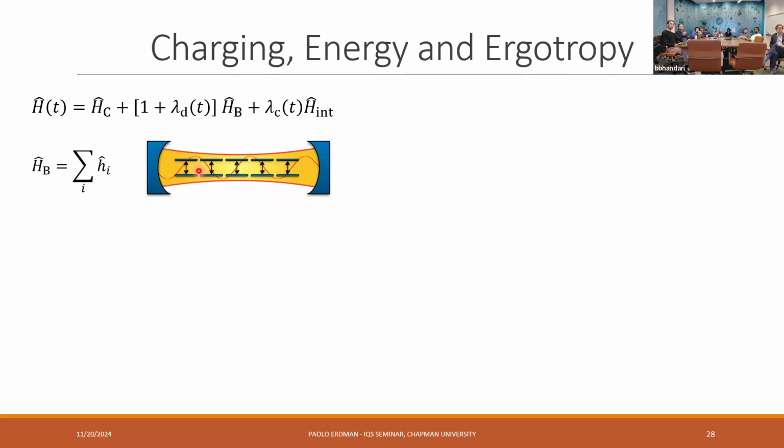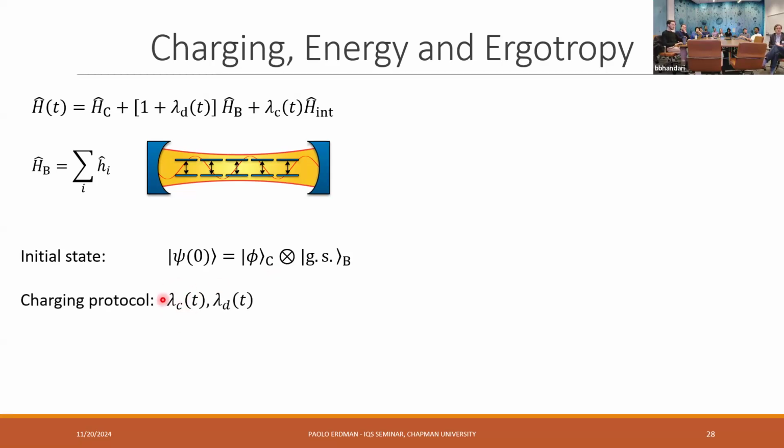Okay, so more in detail, to control let's say the energy transfer between these two parts, we need some time-dependent controls. So we studied two different controls. One is the detuning. So this would be a parameter that detunes the two-level systems from the frequency of the cavity. And we have one term that controls the switch on and off of the coupling between the two-level systems and the cavity. And then we assume that the initial state is simply given by the product of the ground state of the battery, so all the two-level systems in the ground state, times some Fock state or some state of the cavity where we have enough energy to ideally fully charge the two-level systems.